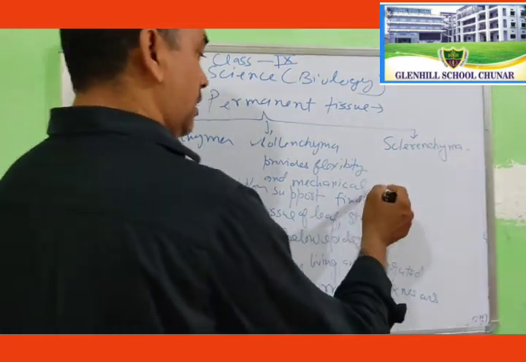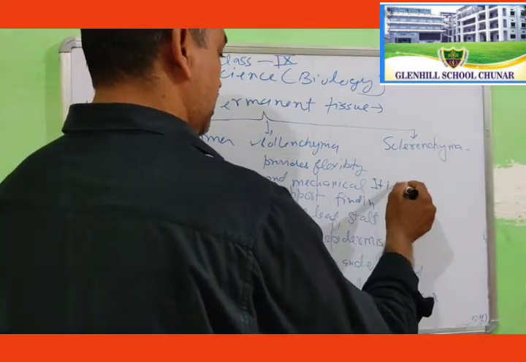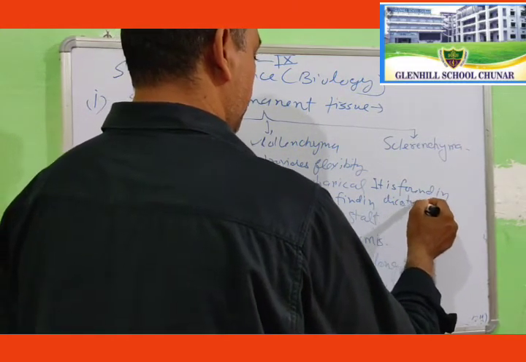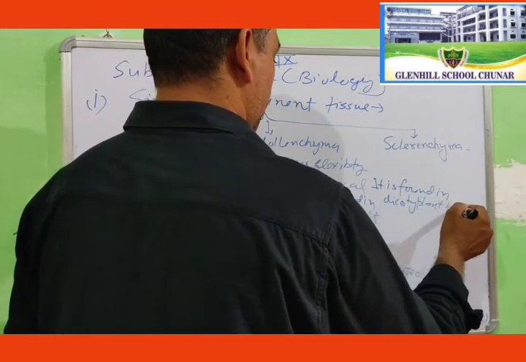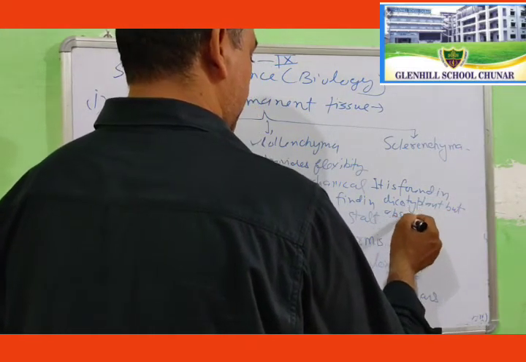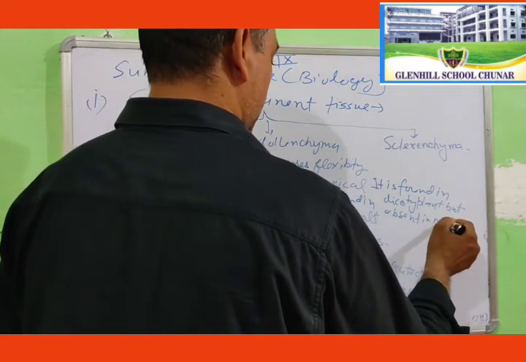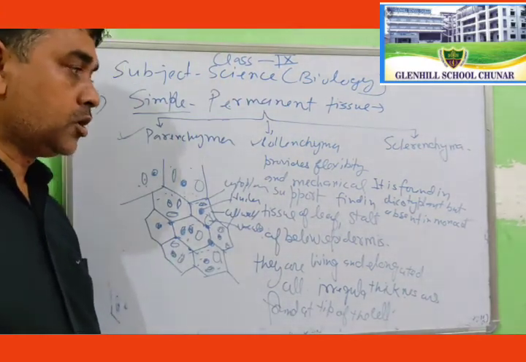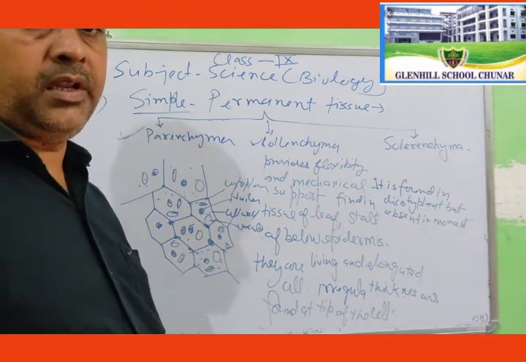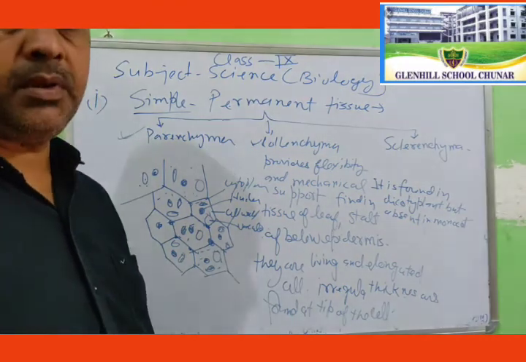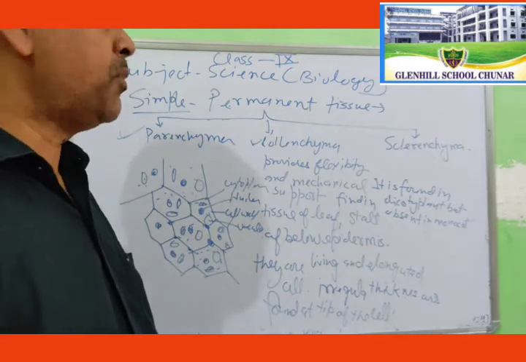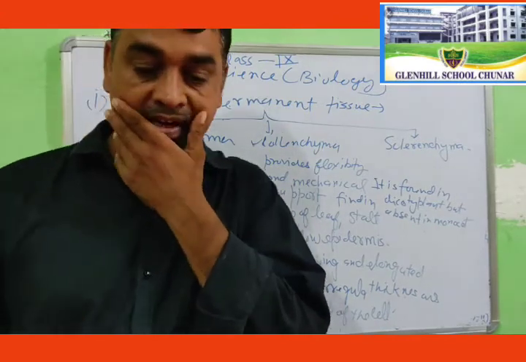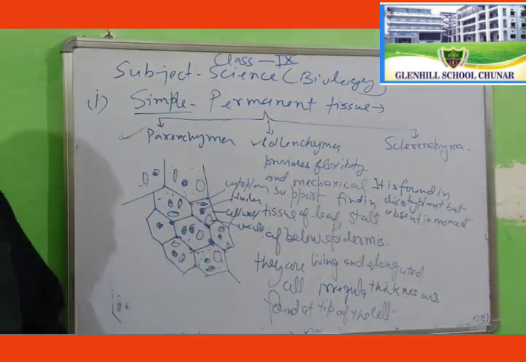And second, it is found in dicot plant but absent in monocot. Okay, so it is generally found in the tissue of the leaf, stalk of the epidermal cell, below the epidermal cell, and provide the mechanical support to the plants. Okay, student, write down some clues about the collenchyma.